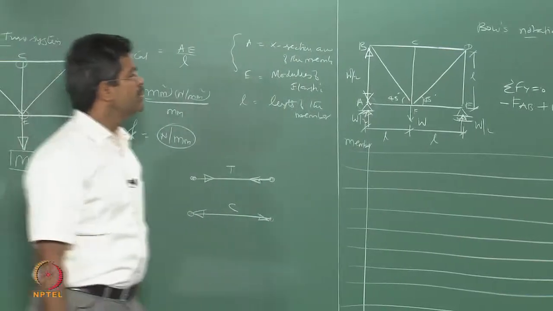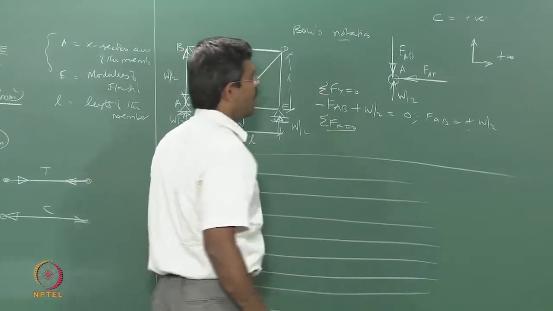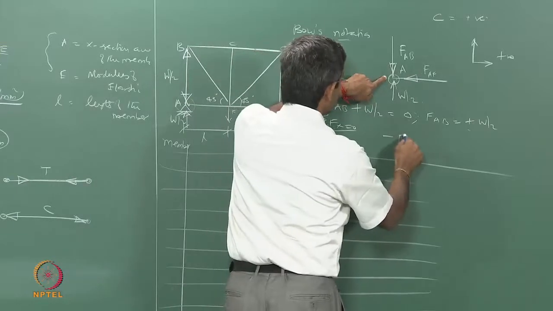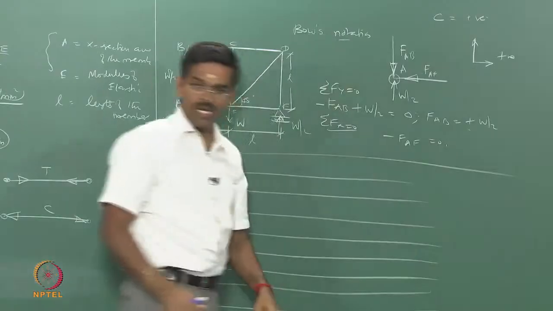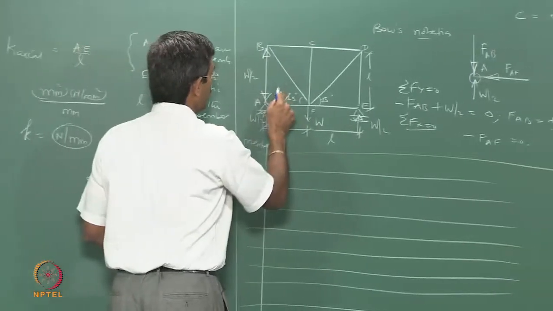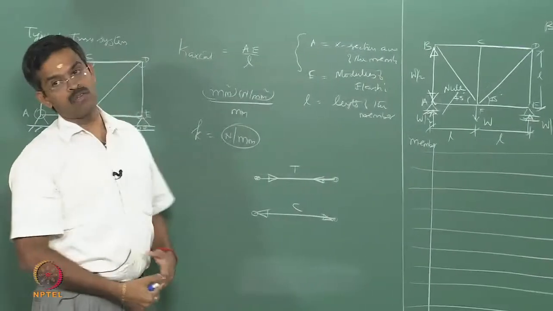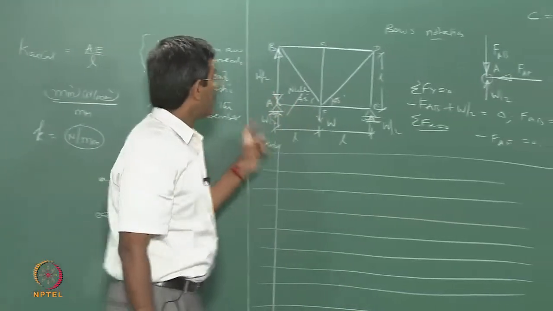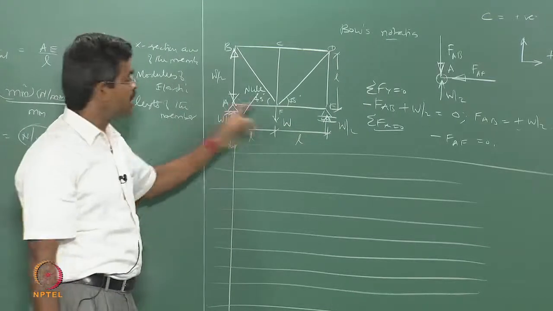Okay. Then I also write sigma Fx = 0, the algebraic sum of all forces in the x axis at this node. So, minus, because the right hand side is positive, F_A = 0, which implies that the force in member FA is 0. So, this is a null member, it has no force. Then one can immediately ask, why should this member exist, because it is a null member? For the given system of combination of forces, this is a null member.